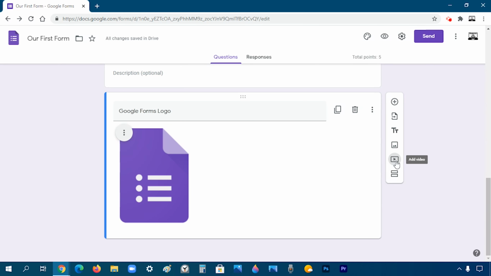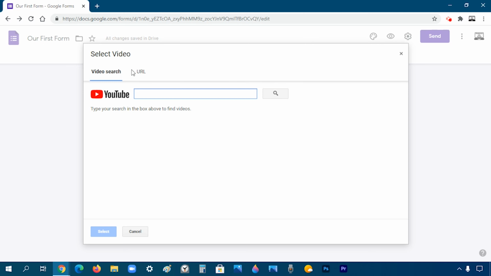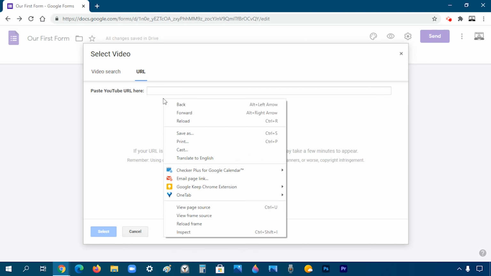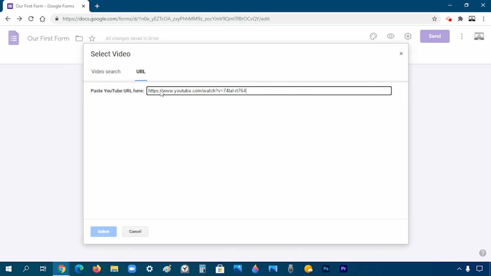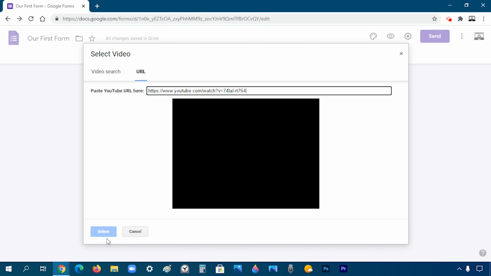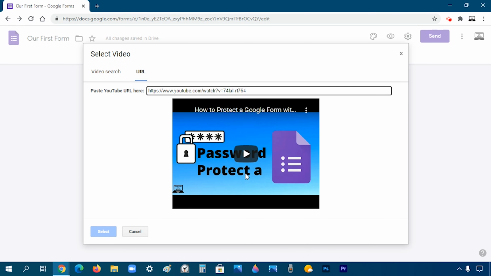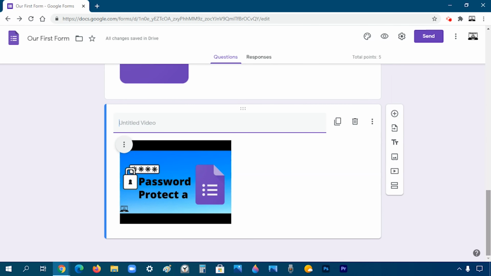You can also add a video. You can either search it up or insert a URL. Here's an example video, then click on Select. And the video is added.